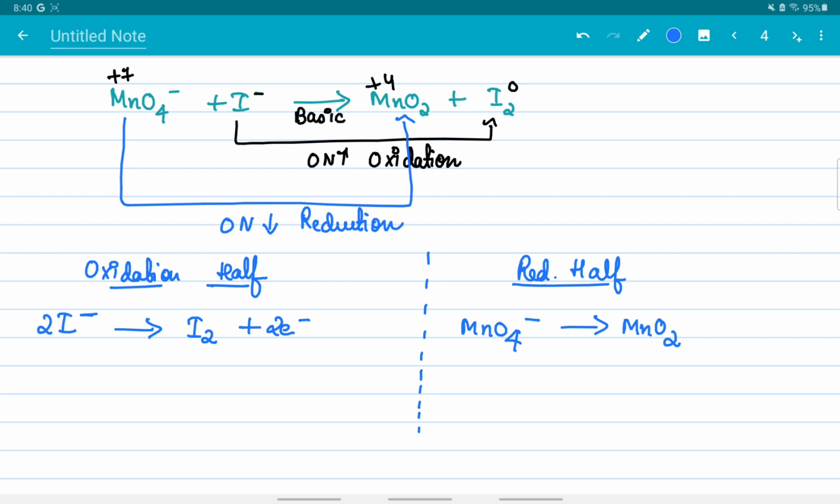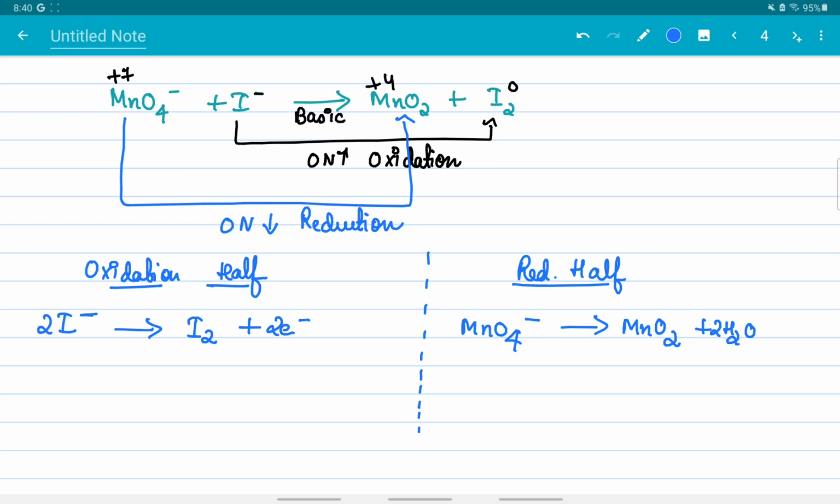Next step, to balance oxygen and then hydrogen. Okay, don't forget, don't balance hydrogen first and then oxygen afterwards. So first you have to balance oxygen, and then only you have to balance hydrogen. So if you see for oxygen, on the left hand side we have got 4 oxygen, on the right hand side you have got only 2 oxygen. So we will add 2 H2O on the RHS, so that the oxygen numbers on both sides have become equal. Okay, on the right side also it is 4 oxygen, and on the left side also it is 4 oxygen. That is how we balance oxygen.